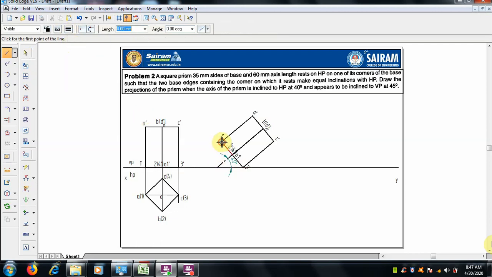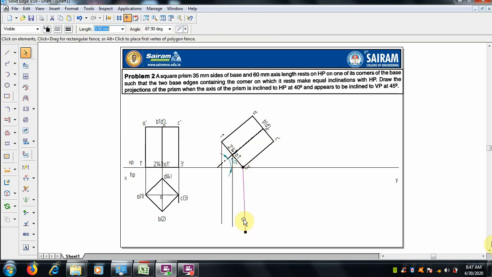Now we have to draw the top view after this inclination. This can be done by projecting lines from each corner. Draw the vertical projector lines using 0.13 mm thickness thin line. Draw vertically.